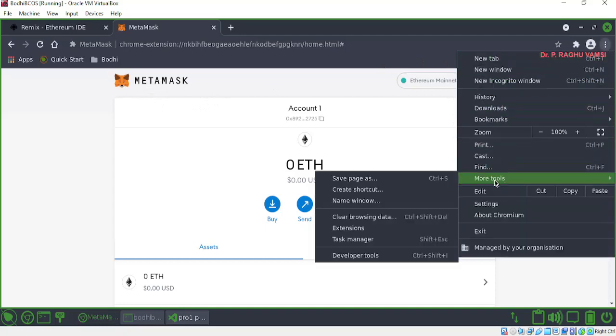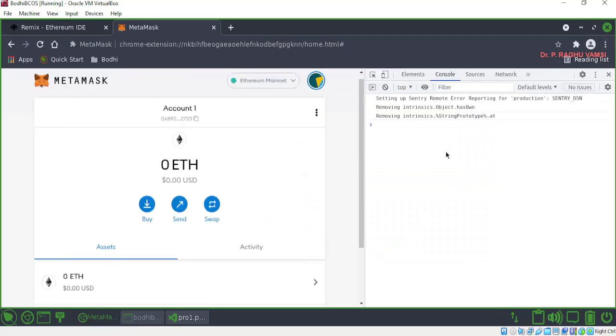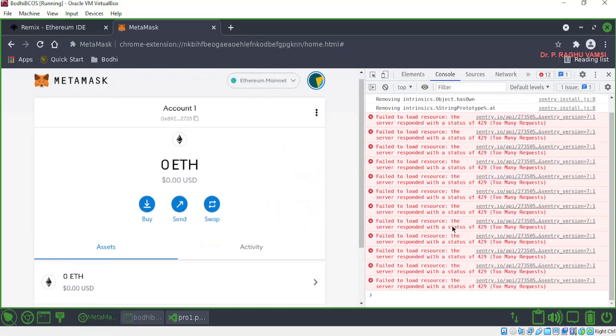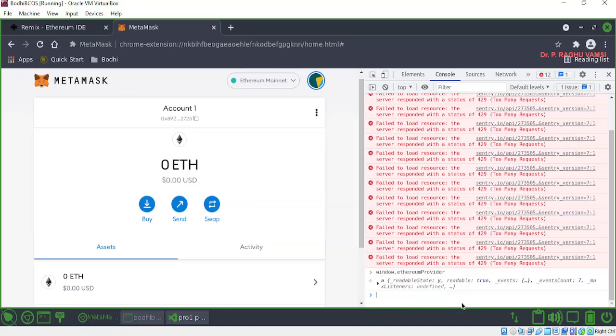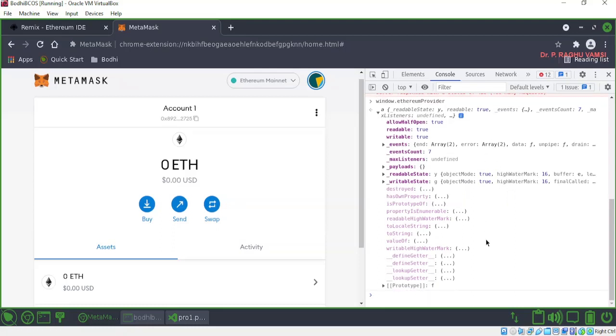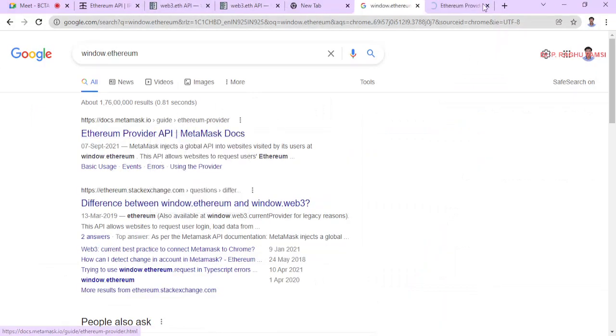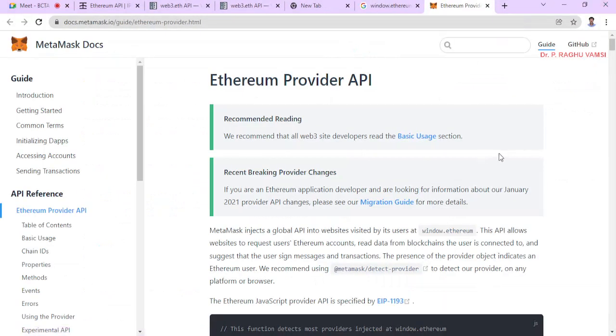From this, we need to go through this, because the wallet was attached to this window, this tab. So we'll go to the window.ethereum provider. So you got a result here. So this is the Ethereum provider. So these are the Ethereum provider details. That means previously whenever we typed this Ethereum, we didn't get any value, we got undefined. So these are the Ethereum provider APIs, because sometimes we may not remember all the APIs.